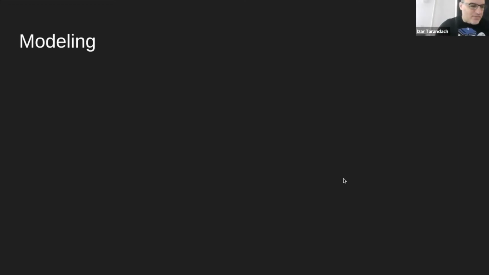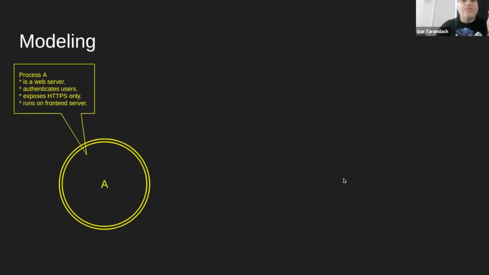Now, with all that big preamble, basically what I mean is that the simplest, most popular form of modeling a system is by making a diagram of it, right? So we say, hey, we have a group of processes here. It's a circle inside a circle. That's the accepted symbol for a group of processes.